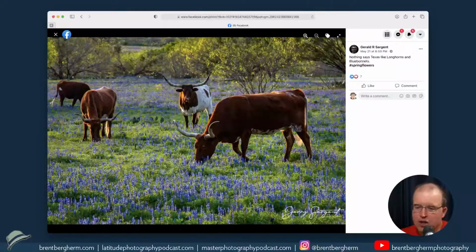I guess the only thing I would make sure I would do is just to take a bunch of pictures as those cattle are moving throughout and seeing what we can do to get various compositions of where those cattle are located. Because that one in the center that's looking right at us, his rear leg goes right into the neck of the other one. And then that cattle that's on the far left-hand side, he's bending down, he's grazing, but his face, his body goes into the body of the other one. There's nothing that's super wrong with that. It's just that I would like to see some variety coming through so we could have some options to pick